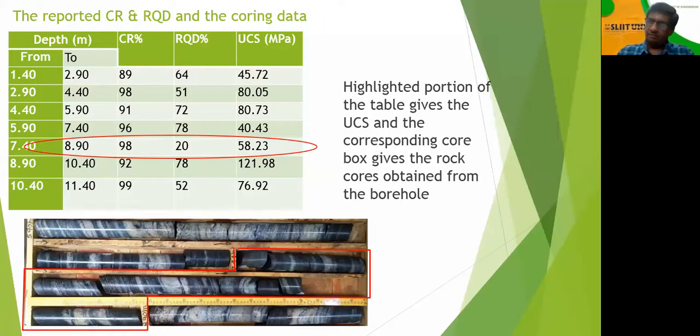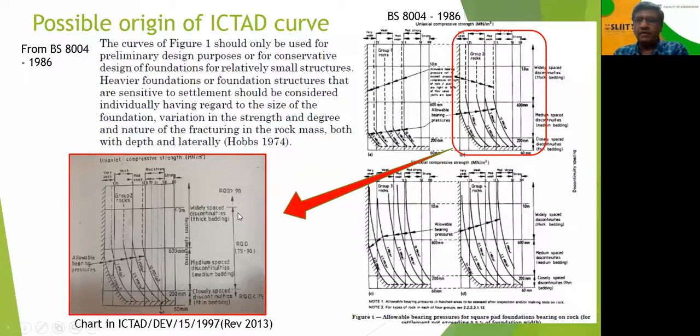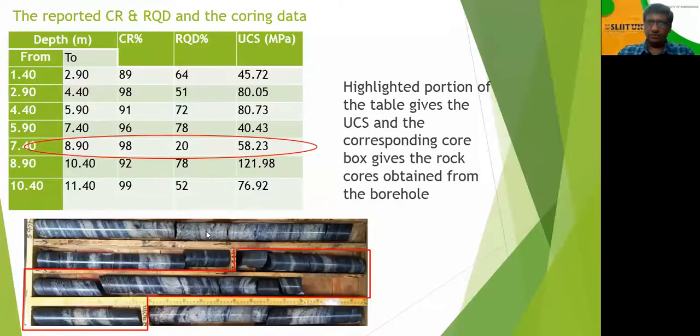The other problem is that if you look at this chart carefully, it will say the UCS on this axis, that is uniaxial compressive strength, and the RQD. So it will depend on two parameters, right? So uniaxial compressive strength and the RQD of the rock. So depending on only those two parameters, we determine the allowable end bearing capacity. Now, if you look at these two cases,